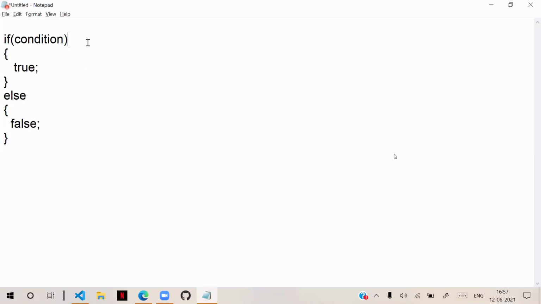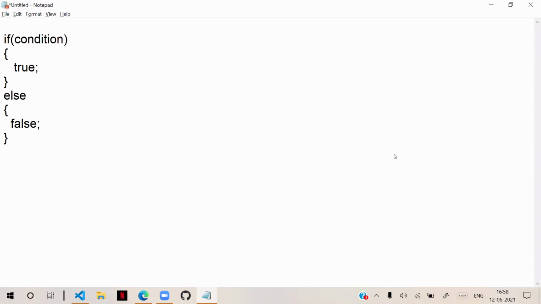Now, sometimes when you are learning programming languages, several trainers will tell you that we have a shortcut.